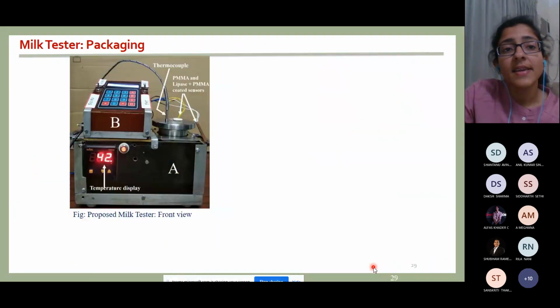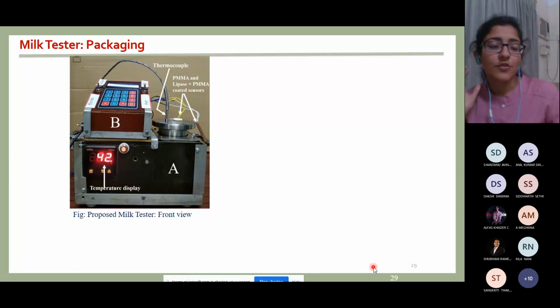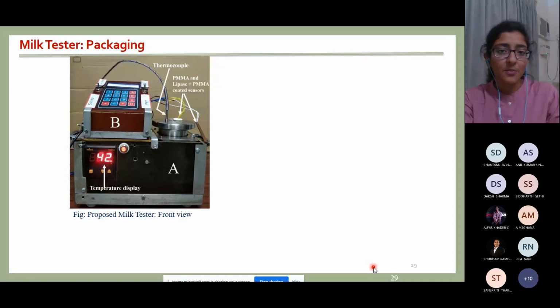And now finally the packaging. In the packaging, there will be two kinds of sensor, because our aim is to check the adulterants plus the composition of the milk. So for that